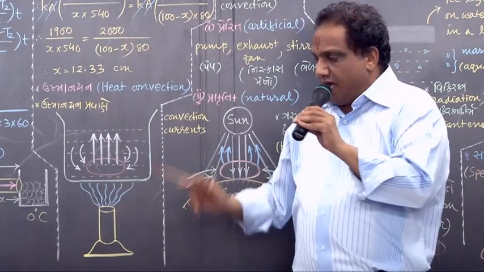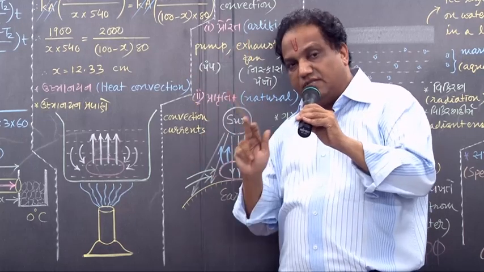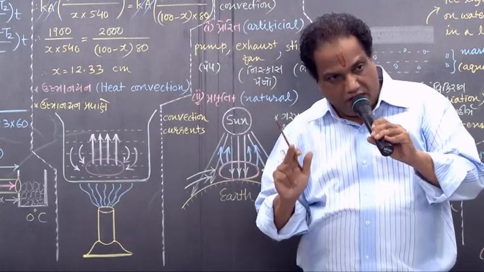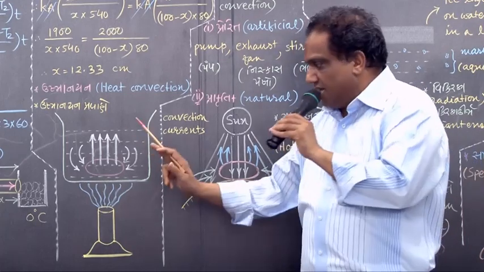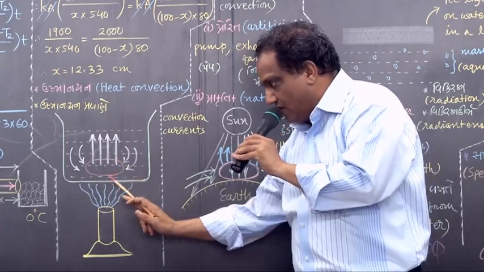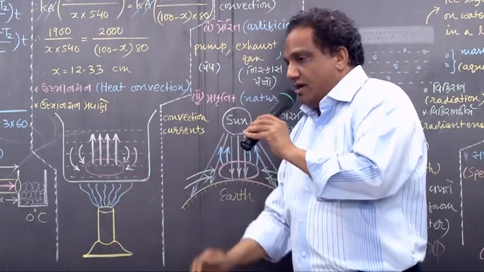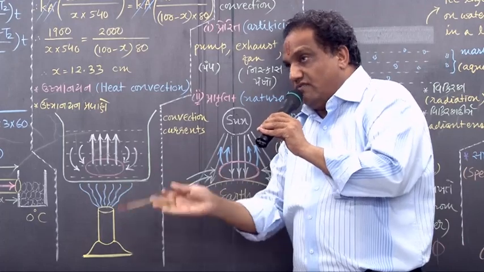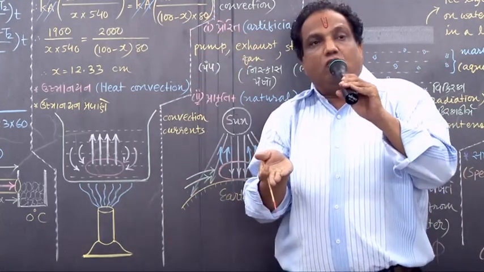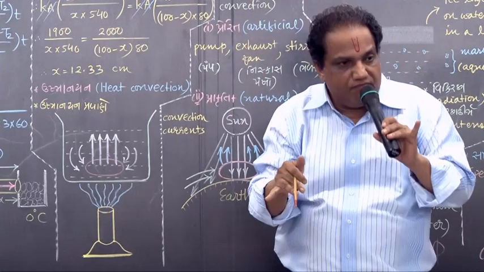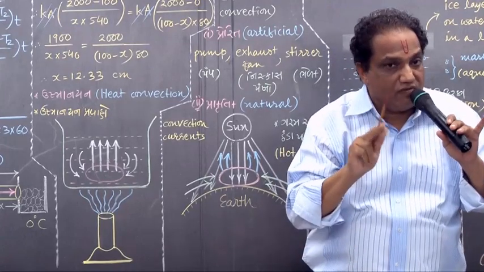And you will study one force, one property in second semester, that is buoyancy. Due to the property of buoyancy, a buoyant force arises, and that buoyant force is exerted on this part of the fluid in the vertically upward direction. Always remember, rarer fluid will come up and denser fluid will come down. Fluid is a word given to both liquid as well as gas.